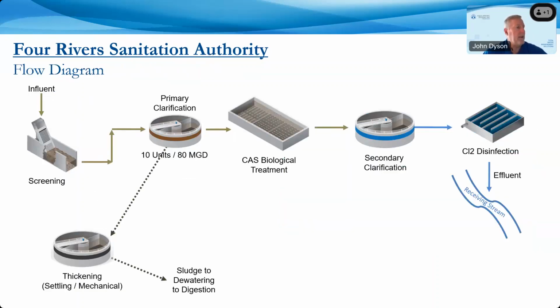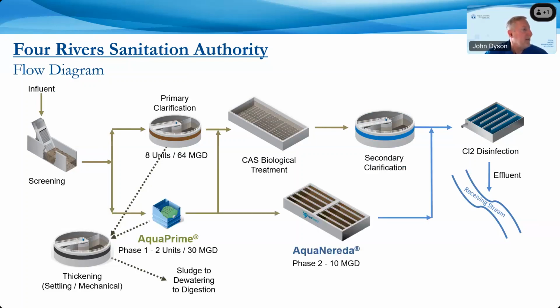So this is the existing facility, the initial facility before the project started. They are in the process of, exciting news, literally starting up the system as we speak. They're wet testing this week. Hopefully that goes well and speedy, and we'll start raw primary next week. They're going to go from their 10 units to 8 units because we built 2 AquaPrime units